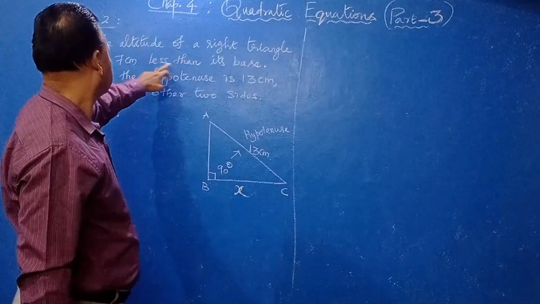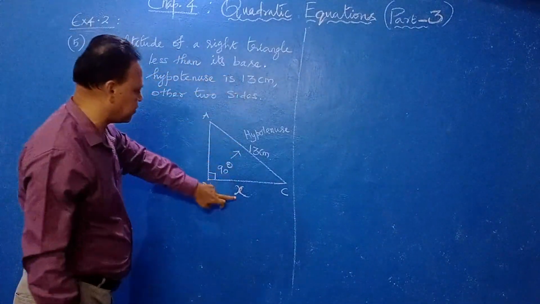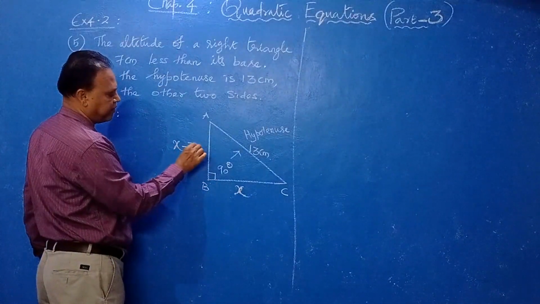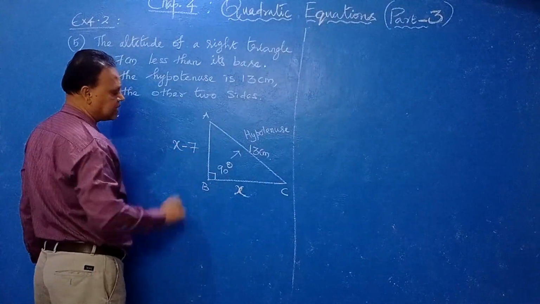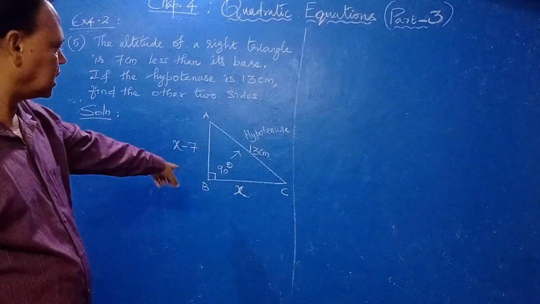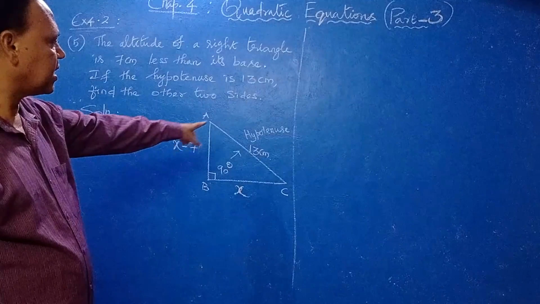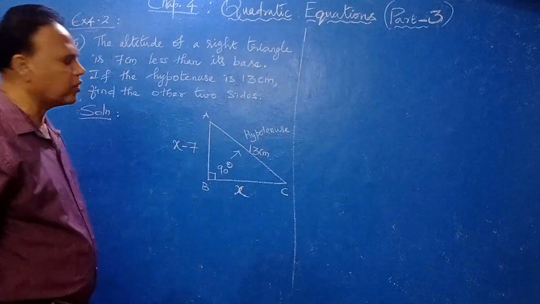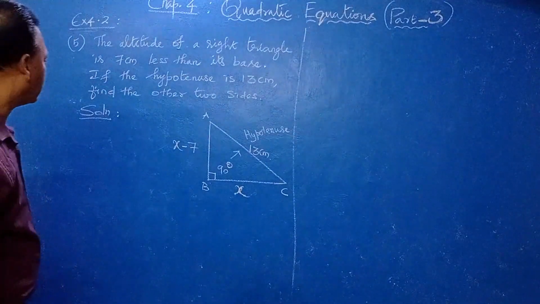You see, it is 7 centimeter less than its base. Base is what? x, so the altitude is x minus 7. 7 centimeter is lesser than the base. Clear? So you should know how to draw this right triangle. Correctly, you take the hypotenuse and base, then altitude. Clear? Now let